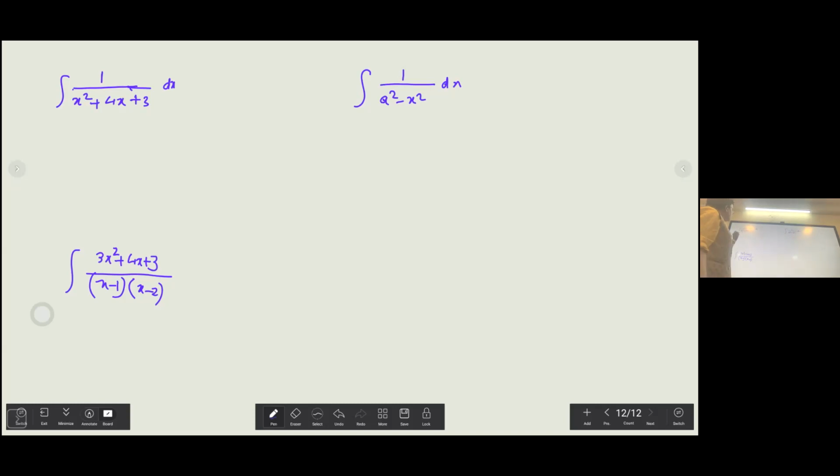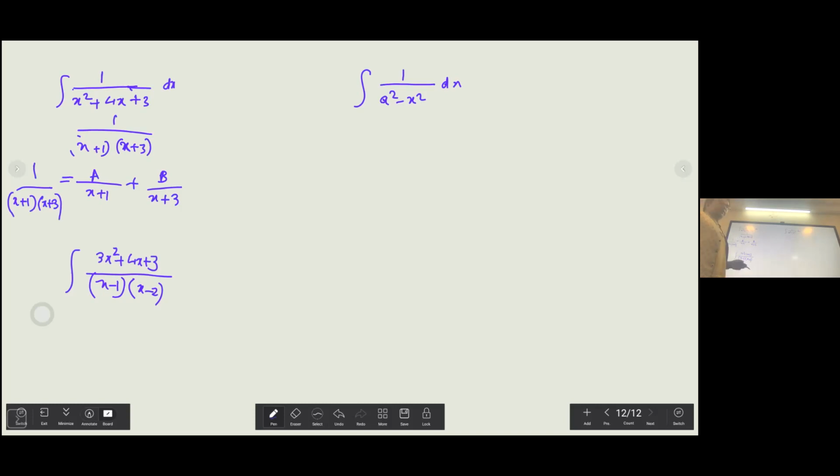So out here, the first thing we are going to do is factorize the denominator. And if you factorize, it is 1 upon (x plus 1)(x plus 3). So that's your factorization of this. Now this part is going to be A over x plus 1 plus B over x plus 3. So that's your expression. I'm just going to remove the integral currently.